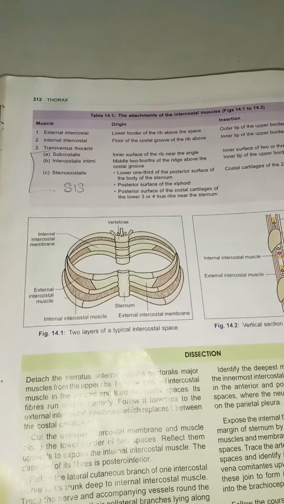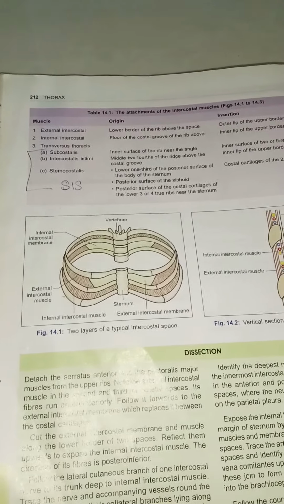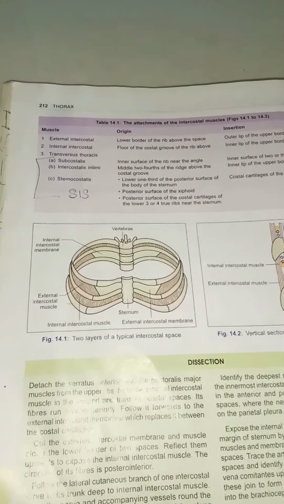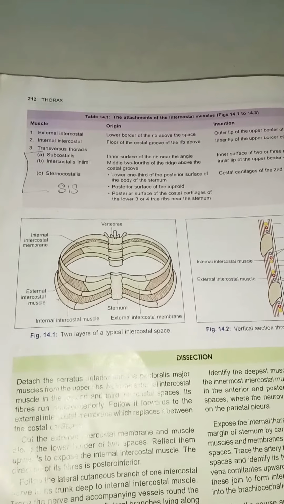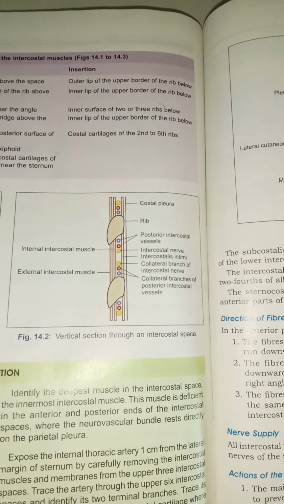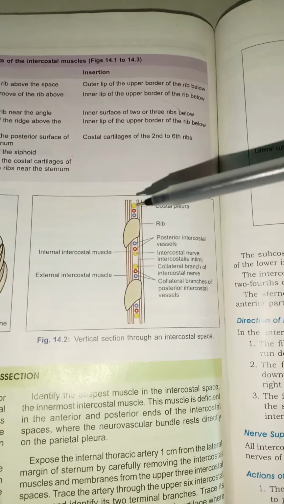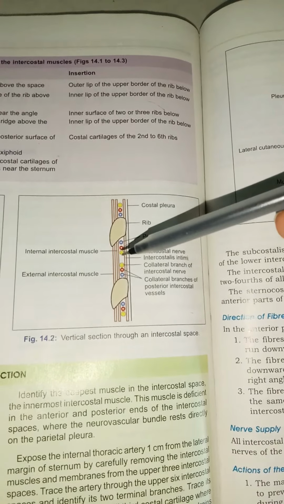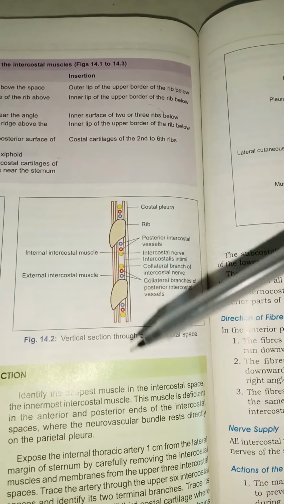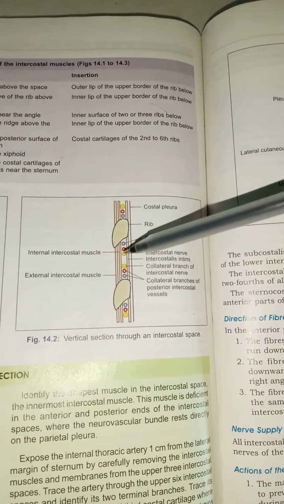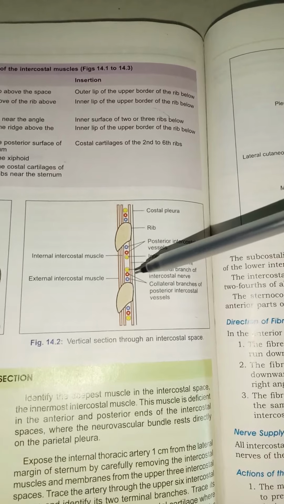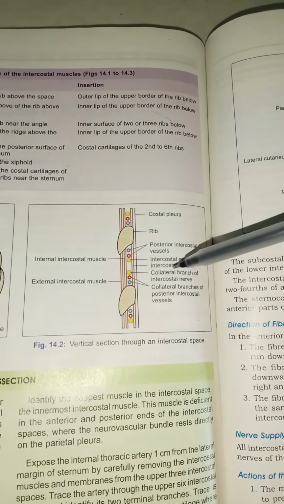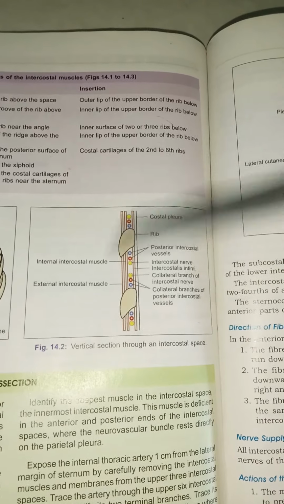And coming to nerve supply, so there should be a nerve supply for them also, right? All intercostal muscles are supplied by the intercostal nerves, very simple. So here you can see the vertical section through the intercostal spaces. So you can see the order is like vein, artery and nerve. So the same thing is here. This is an internal intercostal muscle and this is an external intercostal muscle. This is the intercostal nerve and intercostalis intimi muscle. So you can check out this diagram once.